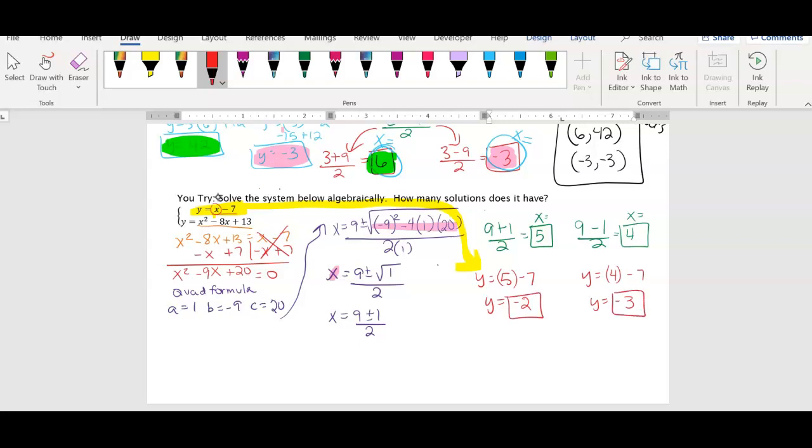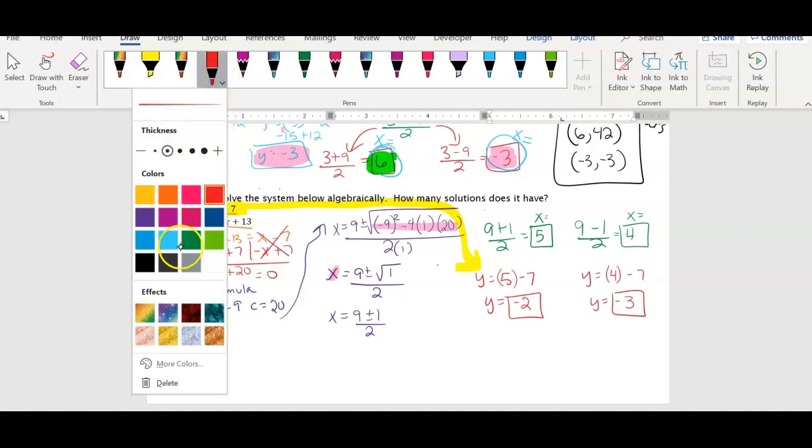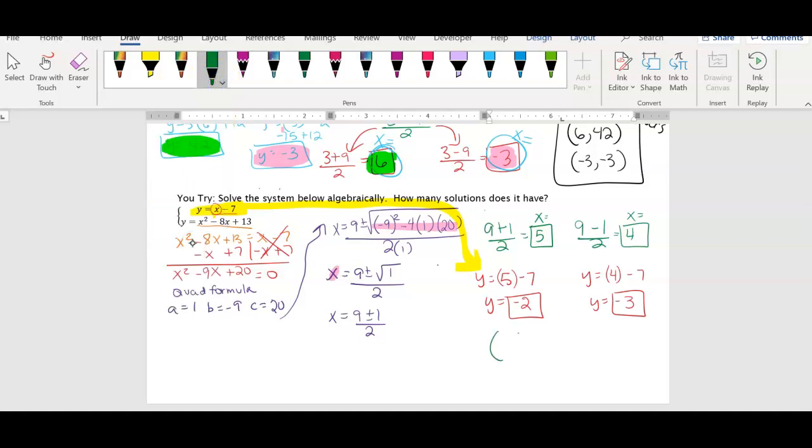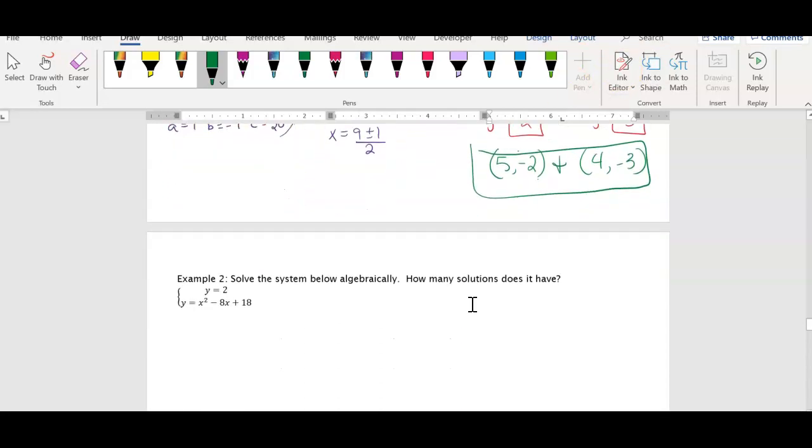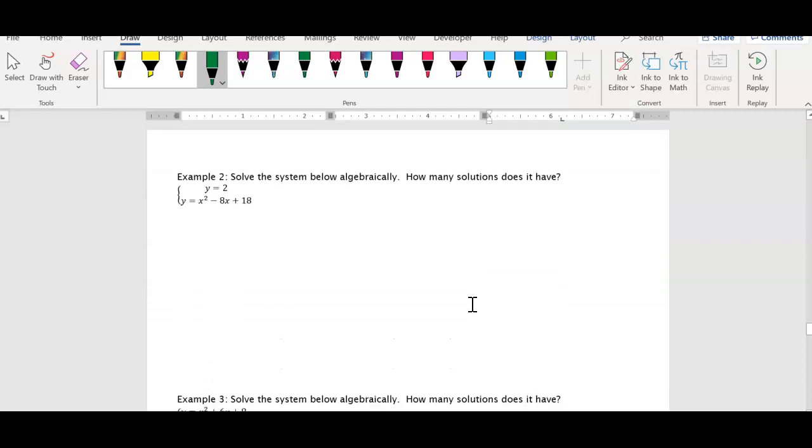So I have my x values that match with my y values, so I have two ordered pairs. So final answer, the x is 5. That matches with the negative 2, the y value. And I have the 4, the x value, and the negative 3 that matches with that. Try another example. Okay, so this next one